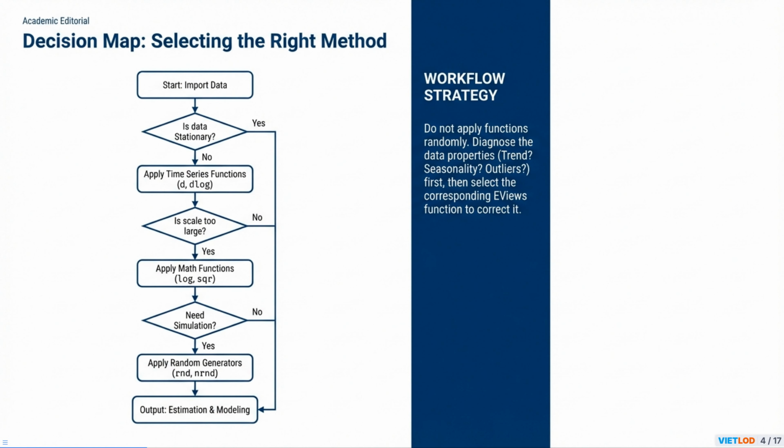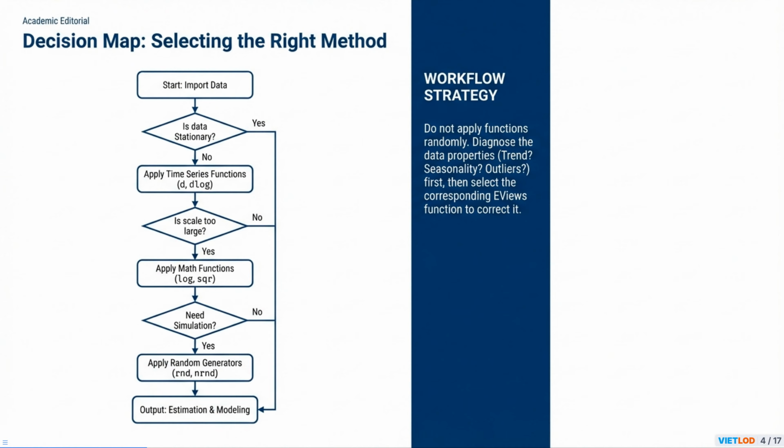This decision map outlines a strategic workflow for data transformation. It's crucial to avoid applying functions randomly. Instead, you must first diagnose the properties of your data, looking for issues like trends, seasonality, or outliers. Begin by importing your data. Then, check for stationarity. If the data is not stationary, apply time series functions, such as differencing, d, or log